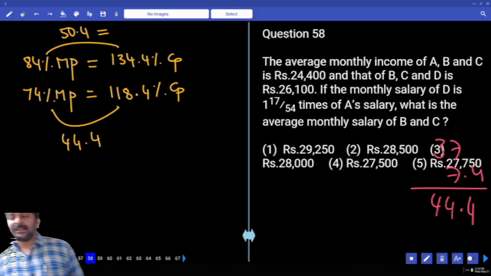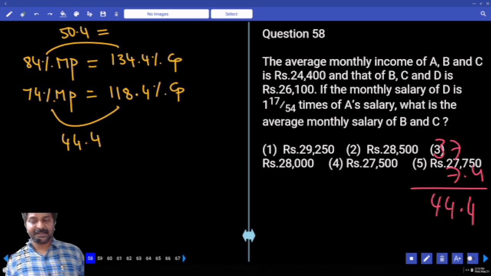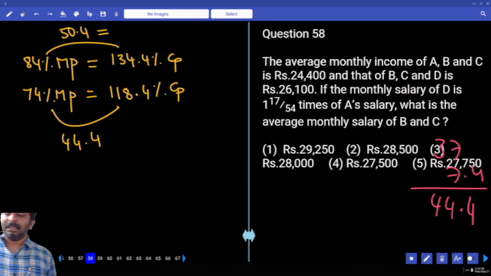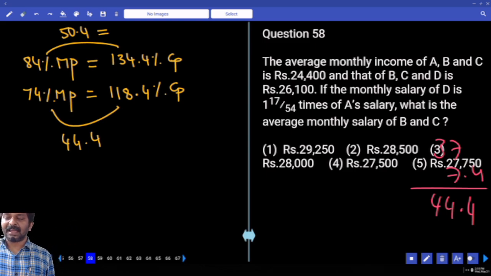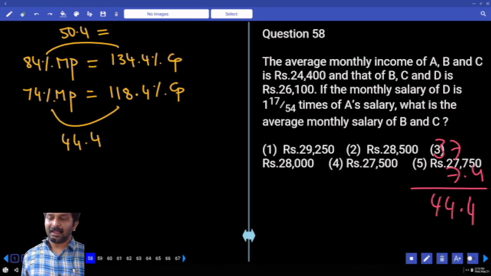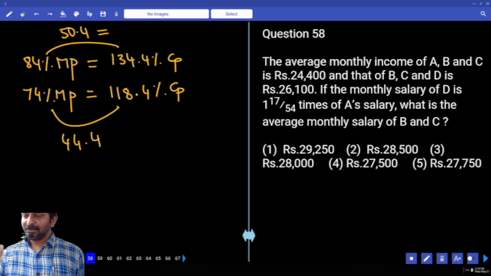The average monthly income of A, B, C is 24,400 and that of B, C, D is 26,100. The monthly salary of D is 1 17/54 times of A's salary. What is the average salary of B and C? Okay. So now